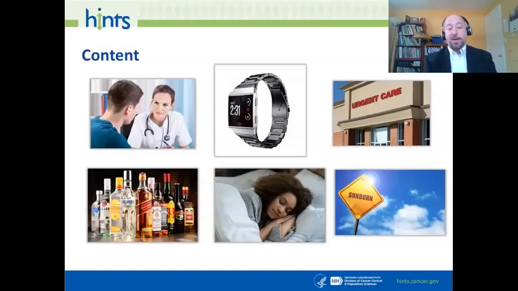We've oftentimes asked about alcohol and alcohol use, but we do that again. We're going to ask some new questions related to your perceptions of the relationship between alcohol use and cancer, and also other diseases like heart disease or diabetes. And have you had discussions with your doctor about the connection between alcohol and cancer?